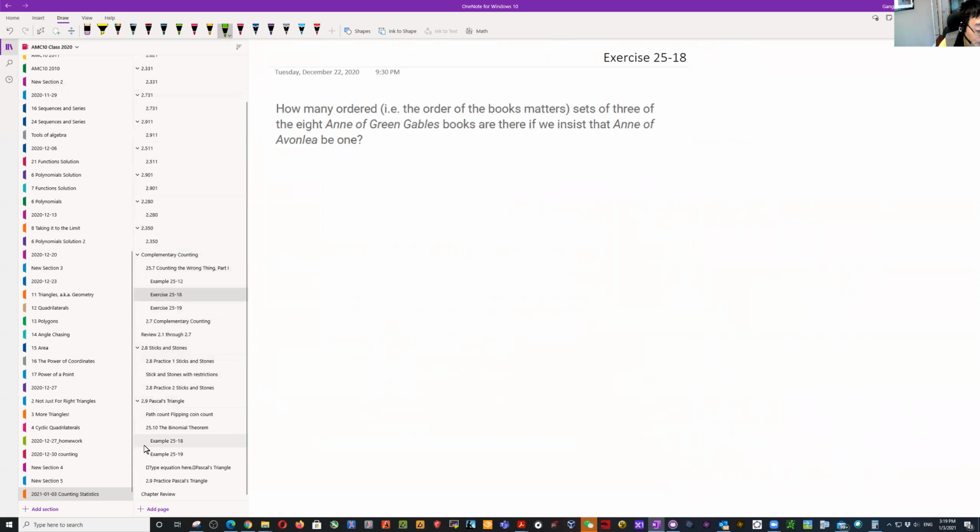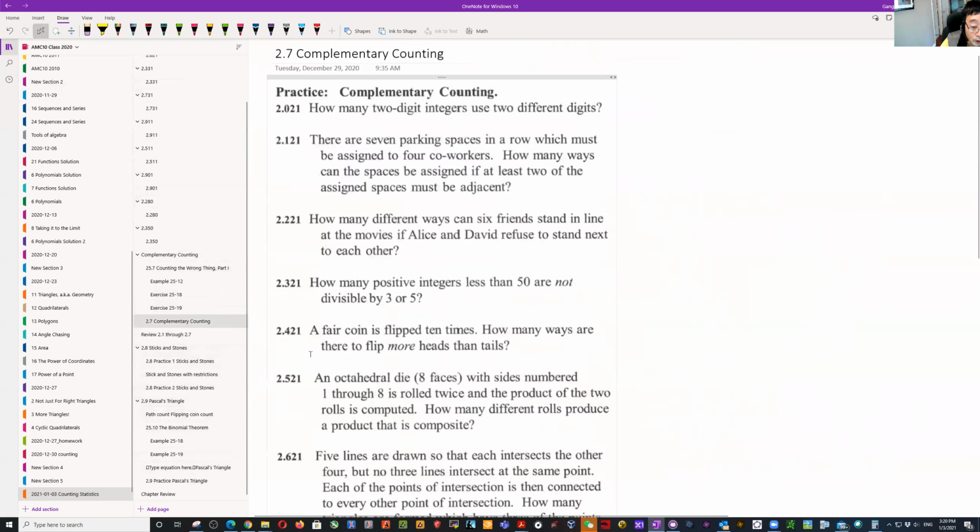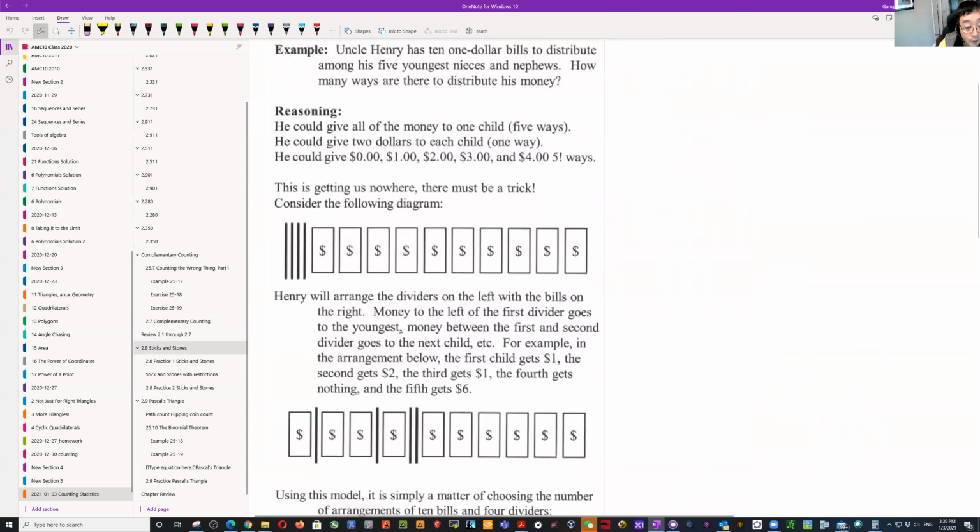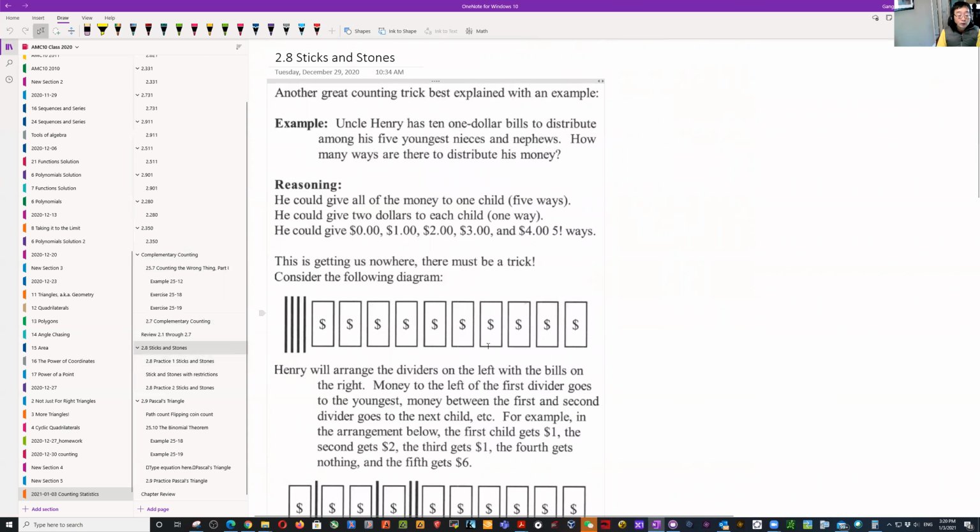Basically, in this class we go through a lot of examples. We also go through Pascal's triangle, explain it very clearly, and also show Pascal's identity. So we're going to finish this class on the stick and stone. I don't have time to cover more examples, and we'll just go here. And so the stick and stone,